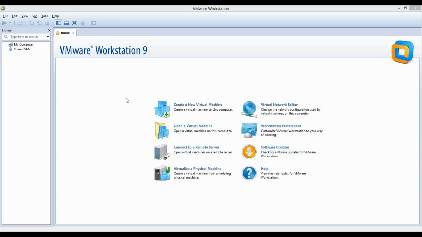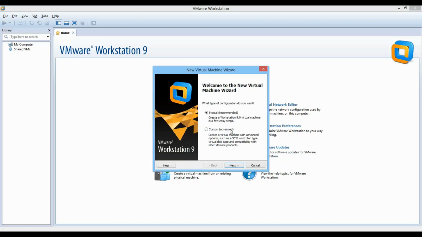Hi guys, so now we are going to check that installation. So first we will create the new machine. Once we click on that new machine, then we can select that custom. Okay, so once we select that custom, we'll be having multiple features, like we can have some control on the